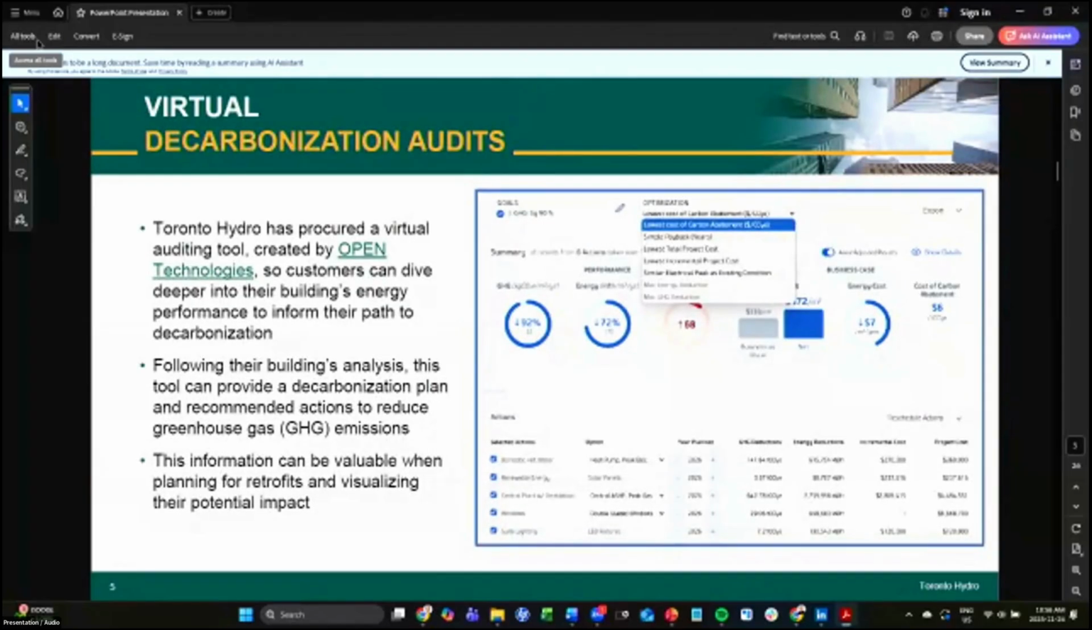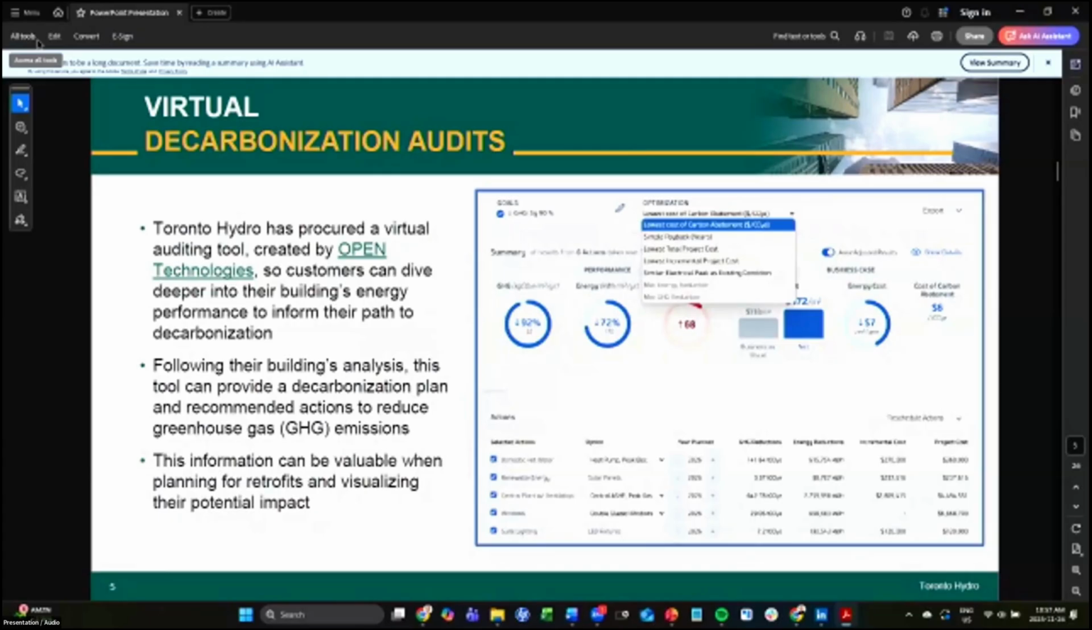So the first tool that I want to talk about is that Toronto Hydro has procured Open Technologies' Virtual Decarbonization Audit Tool. What it does is it pulls data from Energy Star Portfolio Manager. You also need to answer about 25 building questions to further optimize the energy model. And then it spits out this energy report, which can then be further set for goals, manipulating energy and GHG reductions, as well as optimizations such as lowest carbon abatement or minimizing the impact of the incremental load when you